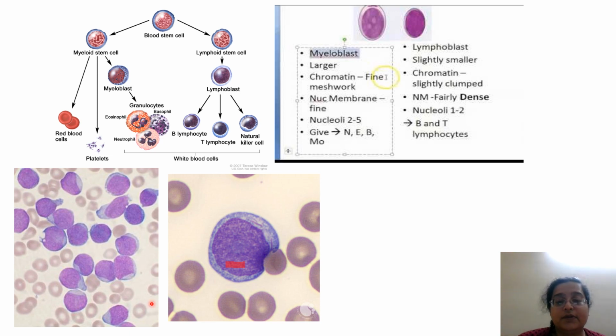Fine. So this thin rod over here, these two, these are our rods, which are abnormal crystals getting deposited. You know that a myeloid cell has granules and other things. So abnormal synthesis of granules forms crystallization of these granules into rod forms.